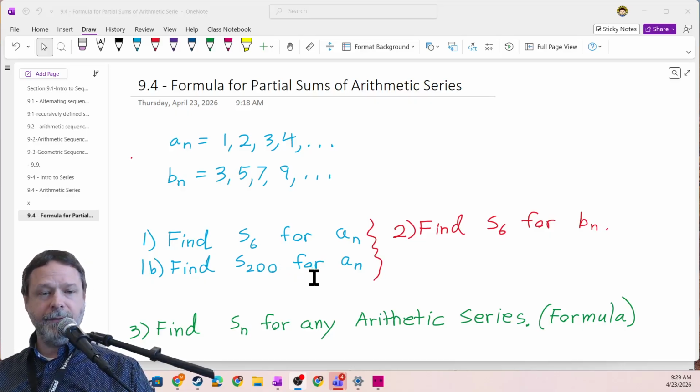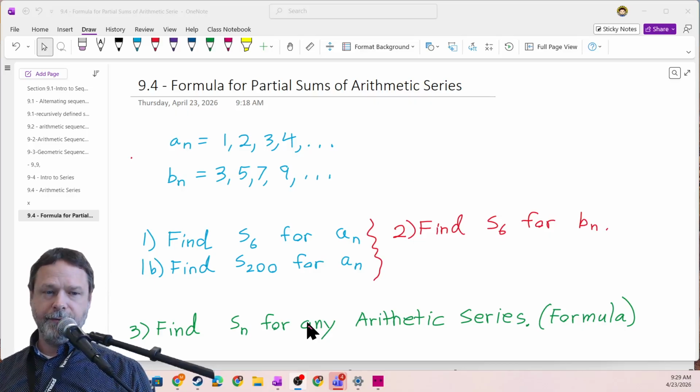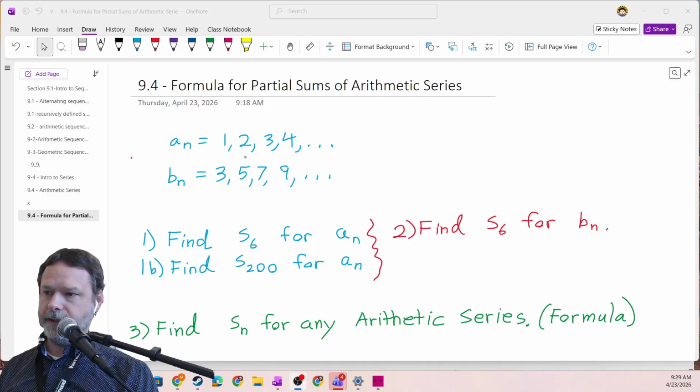Okay, and if we can do that, then I want to go ahead and extend the same thinking to finding a formula in general for any arithmetic sequence. So we'll start with a general arithmetic sequence rather than a specific one like these up here, and see if we can use the same strategies in order to develop the formula. And so if you really want to understand the formula that is out there everywhere, hopefully this will help. Okay, so first things first,